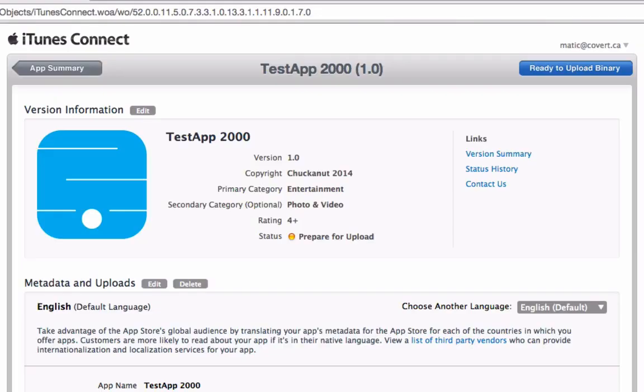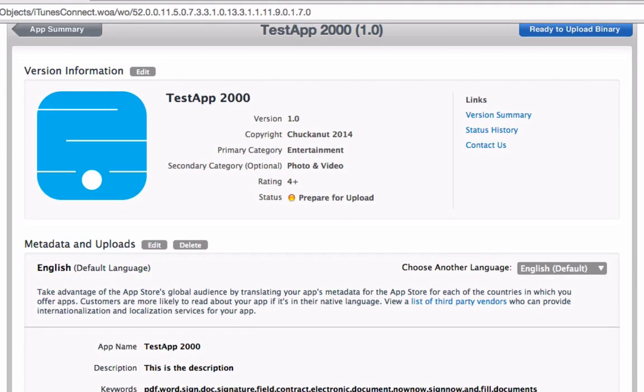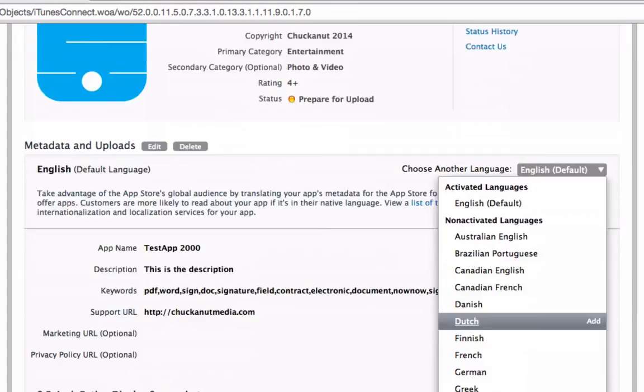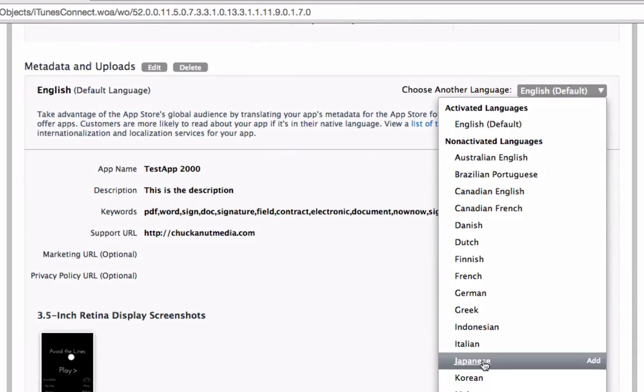So just to do a quick demo of what I'm describing, this is again my dummy test app 2000, and as you can see down here for the English metadata, my keywords are here, and I just copied and pasted this from the Sign Now app. But this is, I believe, about 96 characters. And so the keywords for the English language are full. But if I was to add the Spanish localization,